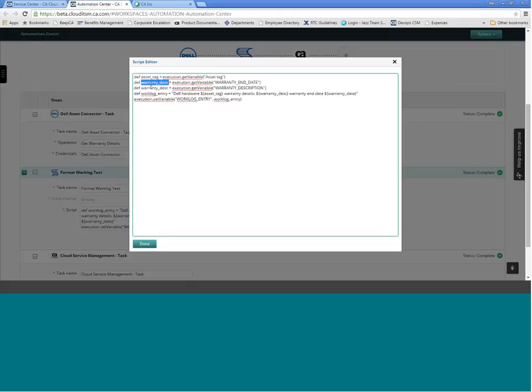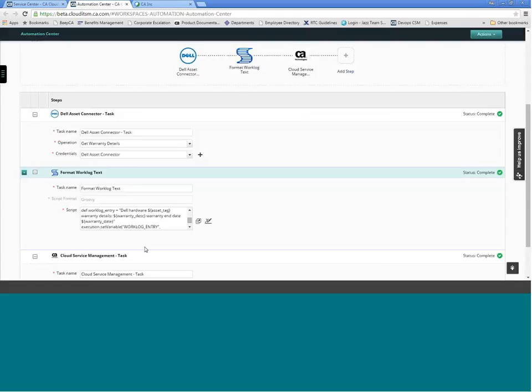The warranty date is retrieved from the temporary variable. Warranty description is also retrieved from that workflow variable. And then the work log entry is simply creating a text. We're using all the 3 variables here. Using these 3 variables, we just created a text, and we are setting that text value in this particular execution